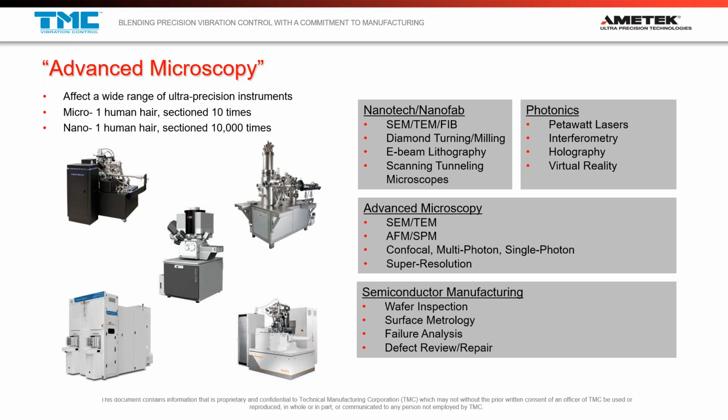You're talking about things that are on the nano level. And at the nano level, we're taking a human hair and sectioning it 10,000 times. Another good example is, say you're on a satellite and you want to find an ant on the island of Manhattan. This is the sort of resolution that you're looking at. We're talking about miles above the Earth's surface, looking for something the size of an ant. So you can see at these scales and at these distances,